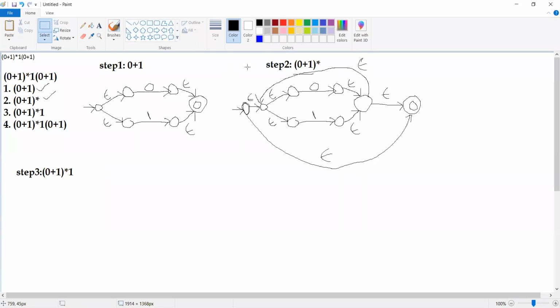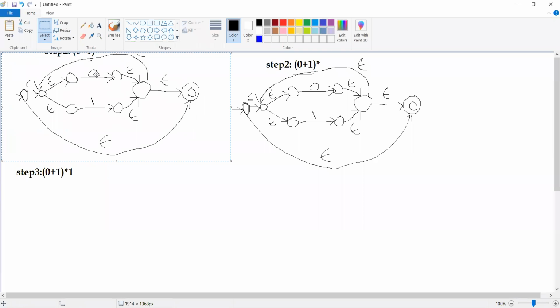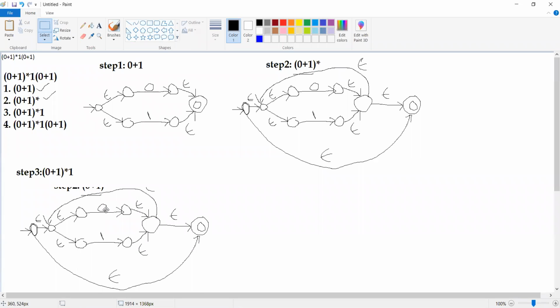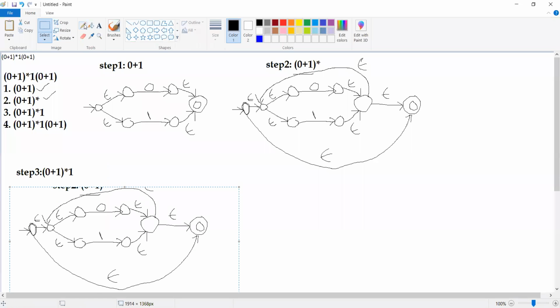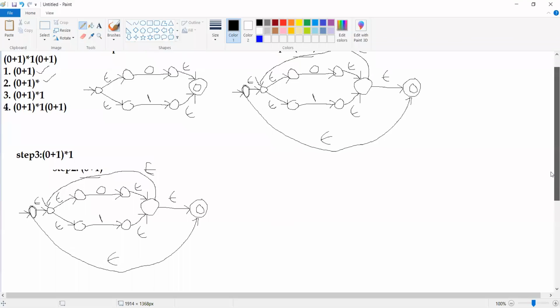Please observe, here we have 0 plus 1 whole star. Let me copy this. We have 0 plus 1 whole star already available. So this is our 0 plus 1 whole star. Here we need to have the epsilon transition, and yes, we have an epsilon transition.